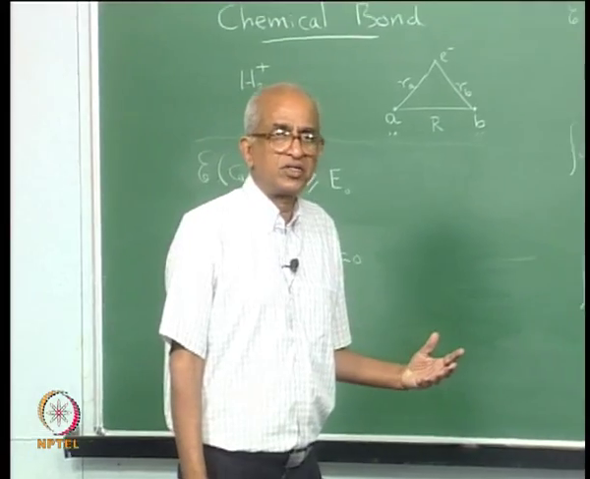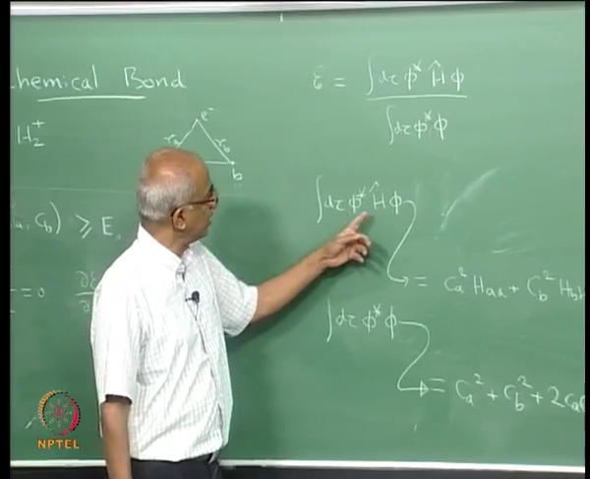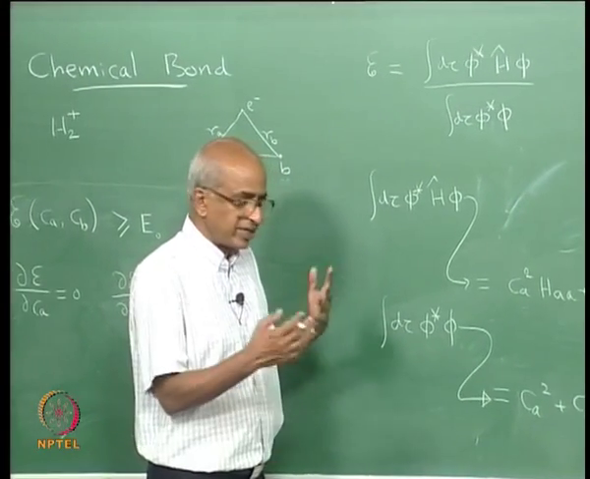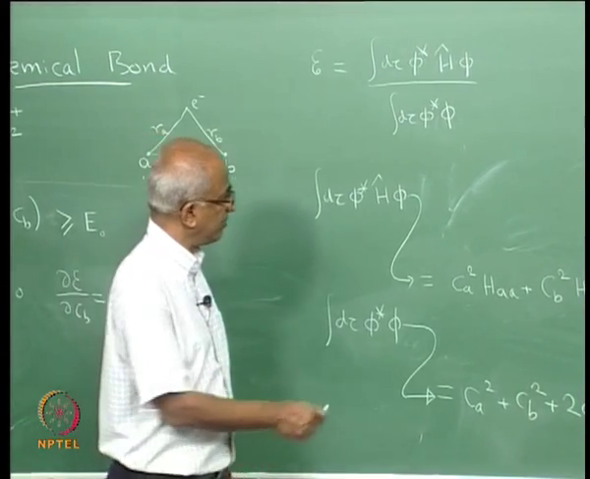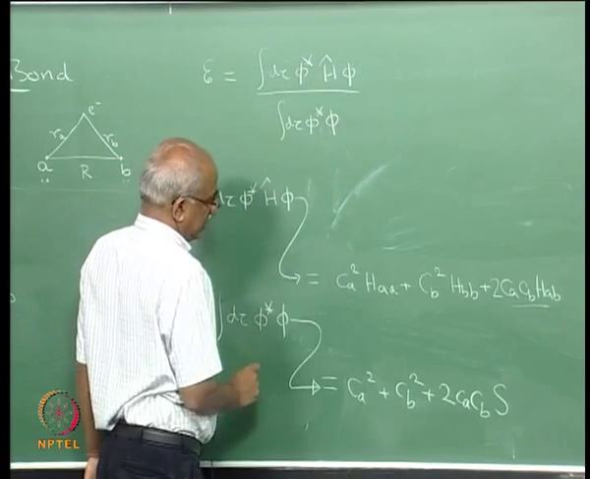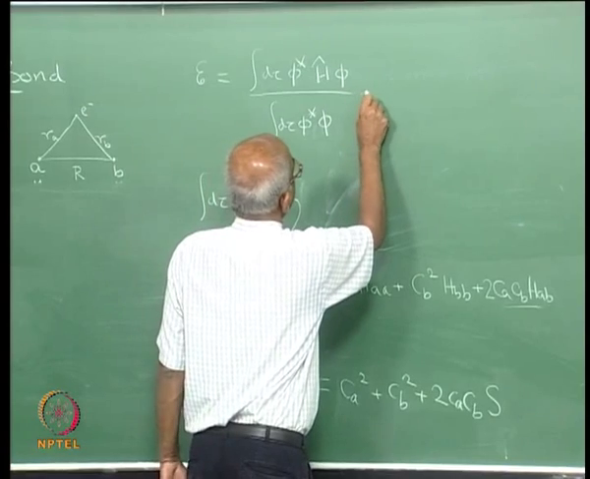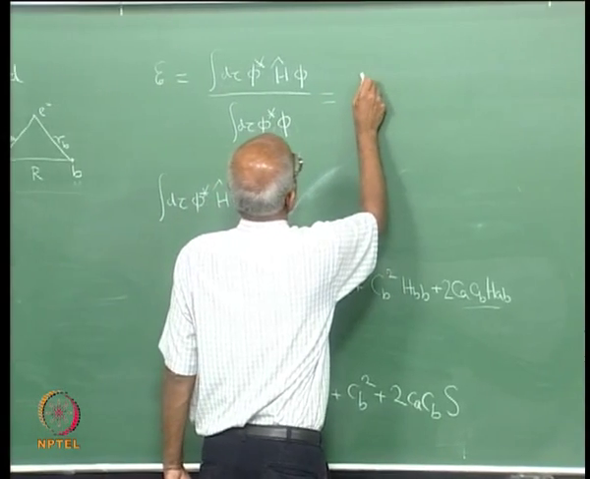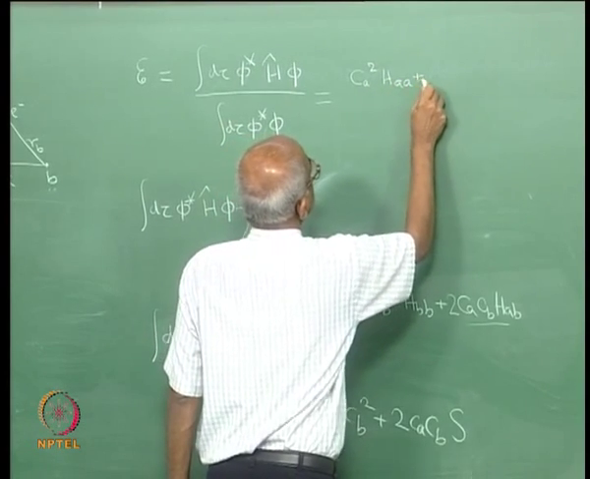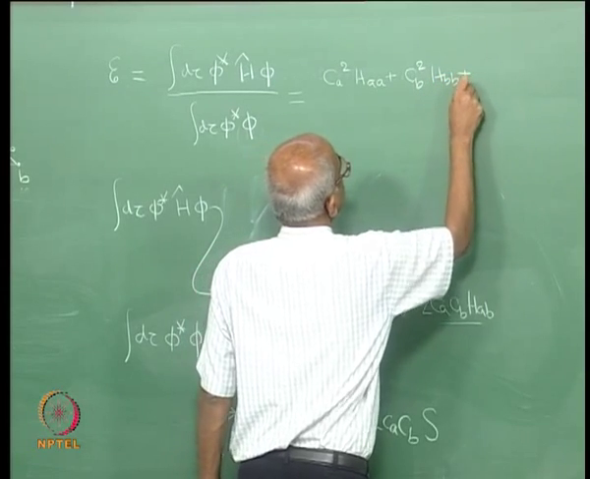This is essentially a continuation of my previous lecture, and I have derived expressions for these integrals, the integral here and the integral there, and I have removed everything that I do not need from the previous lecture, and I am left with this expression for the numerator in here and that expression for the denominator. So, therefore, if you substituted these expressions, you are going to get C A square H A A plus C B square H B B plus